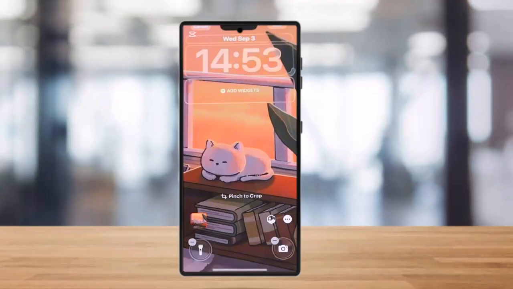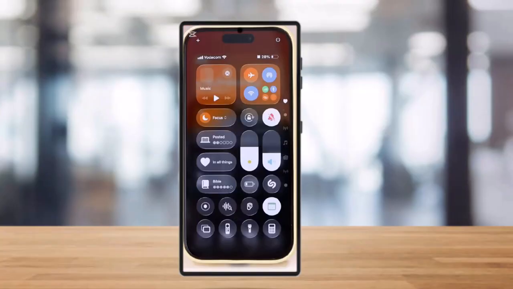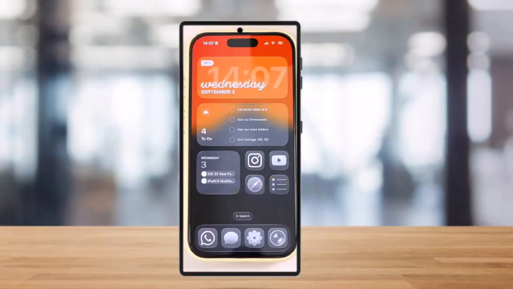So to customize the liquid glass style home screen in iOS 26, you need to simply long press the home screen and tap on edit and then customize it. Now you can select a clear option for translucent effect. You can choose between light, dark or auto modes, or select tinted to apply a custom color to the glass